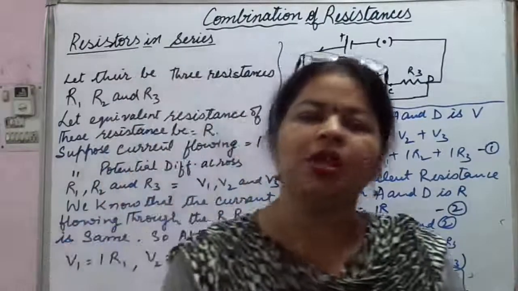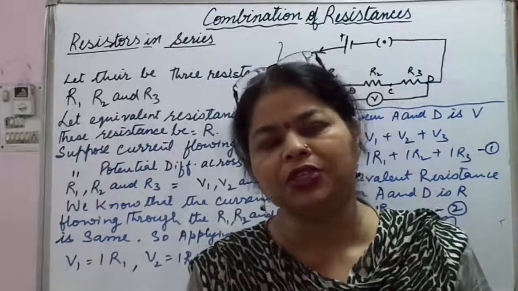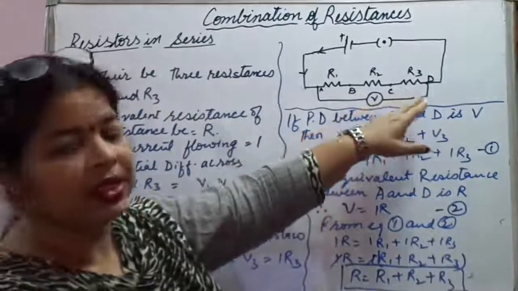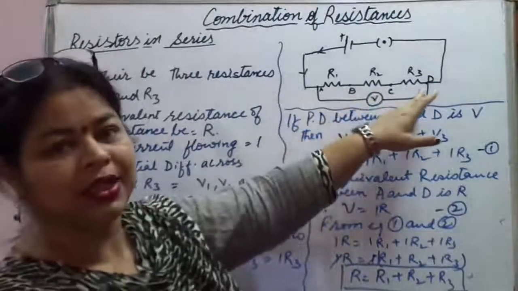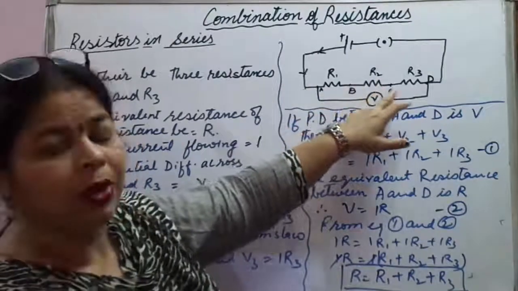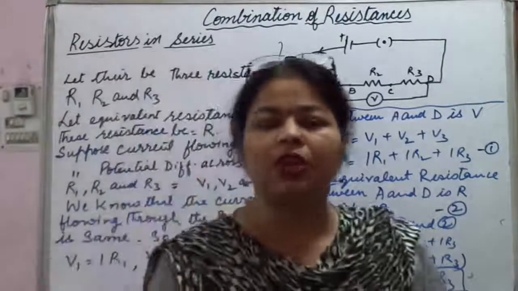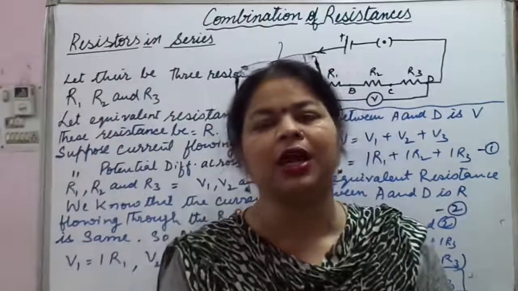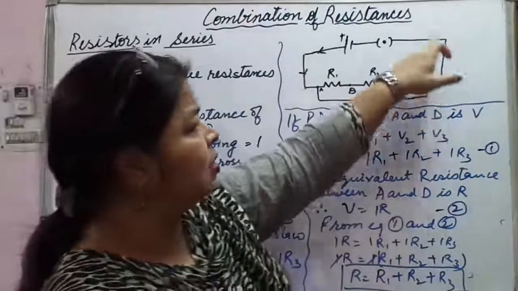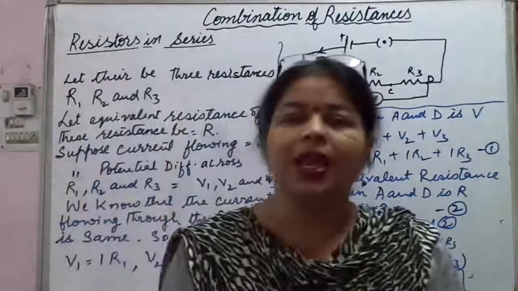See, in this combination the resistors are joined end to end or back to back. It means the second end of each resistance is joined to the first end of the next resistance, and so on, as you can see here. R1, R2, R3, these are the three resistances, joined like this, back to back, and as many more as we require. The first end of the first resistance and the last end of the last resistance are connected to the cell, the energy source.